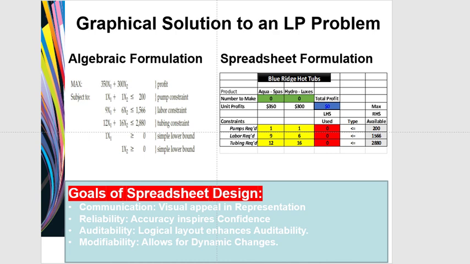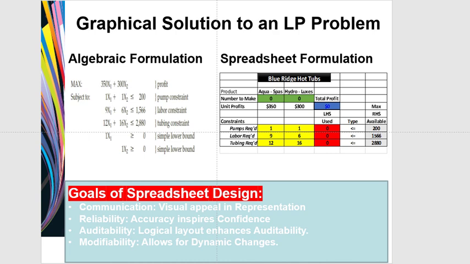For instance, we will need to put in a formula here to calculate total profit. And in total profit, we'll be multiplying 350 times that cell and 300 times that cell to get total profit. Now, you want the formula that is here to accurately calculate what the actual profit is. Otherwise, we have spreadsheets that have very many formulas, and you want all those formulas to calculate the right amount. So if the model is not reliable, is not giving you accurate figures, for instance, then it does not inspire confidence